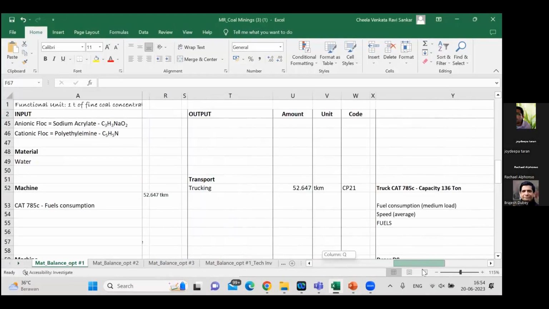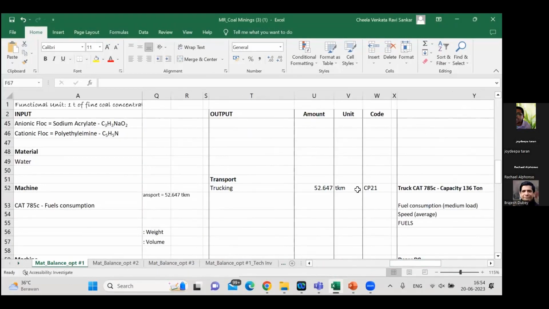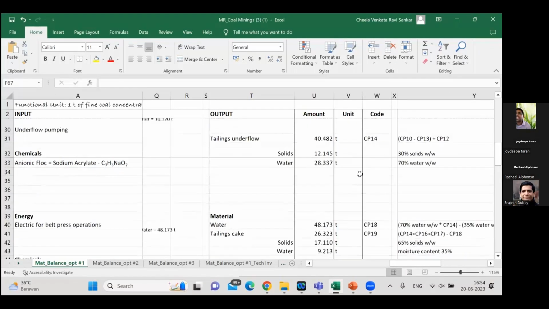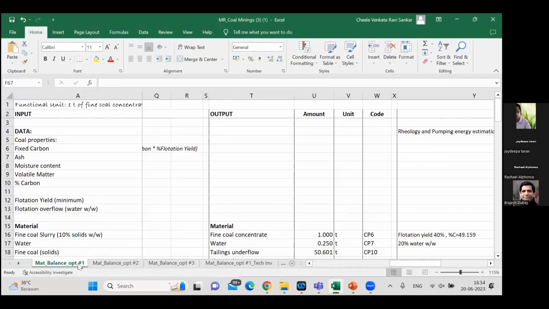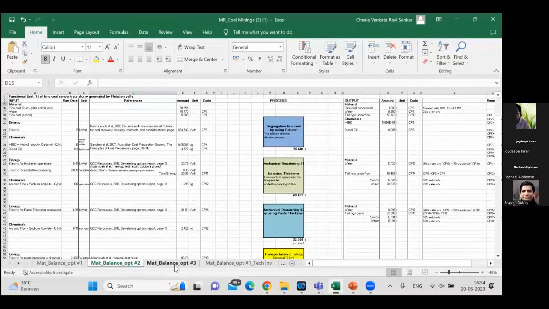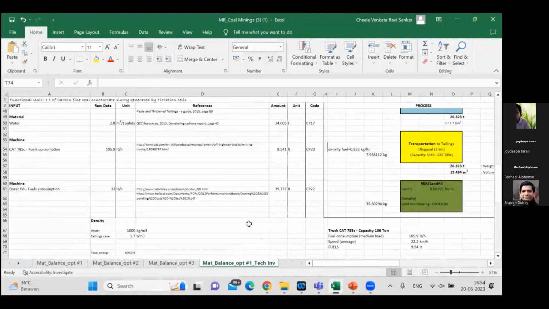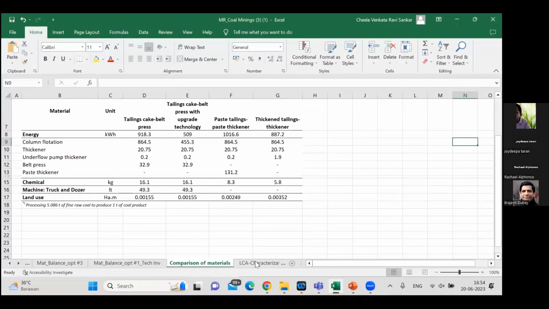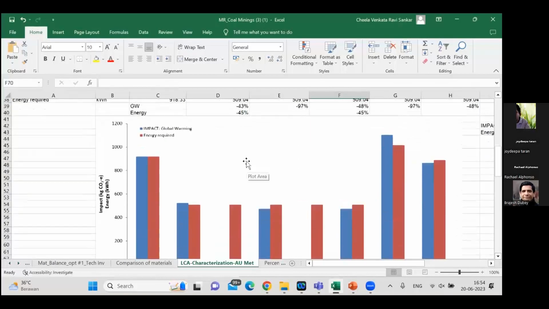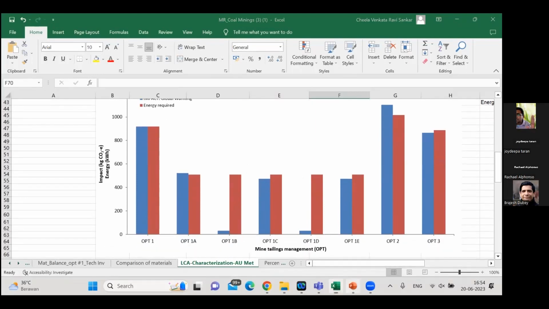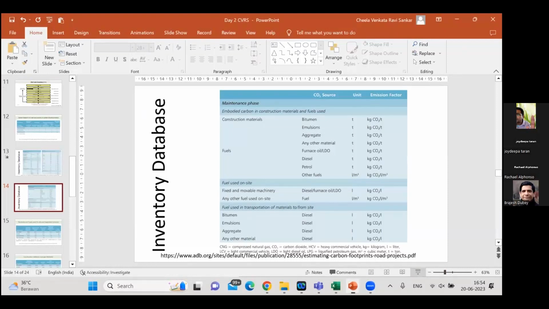This is with the input and this is with the output. For each designation I'm giving, where is that particular code going? So mention all these data. In the same way, there are different options, and for each option the data has been developed. There are different options, and technical interventions that we have made in the comparison of materials. All this is the impact assessment which comes, but we are not interested in this particular one as of now. So let's go back to our activity.